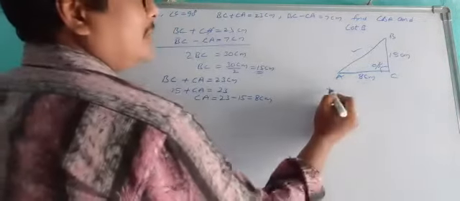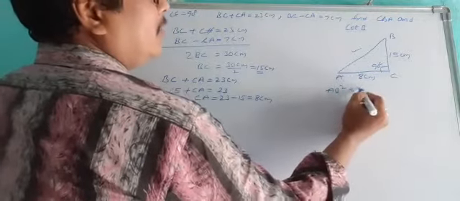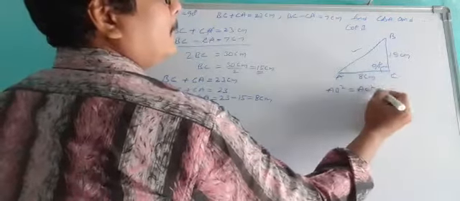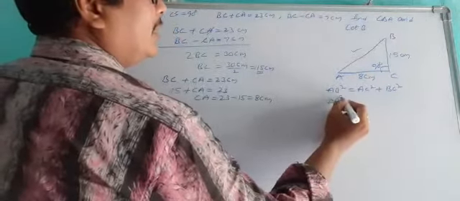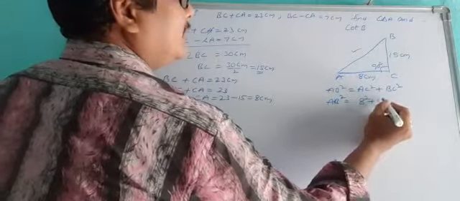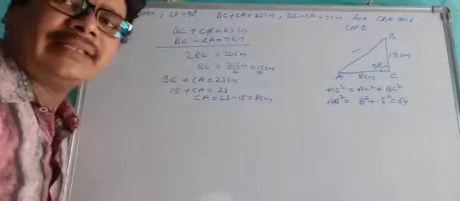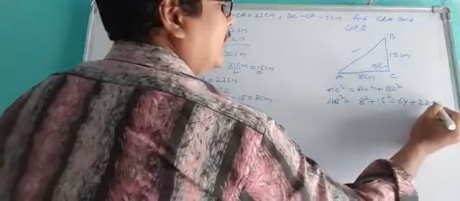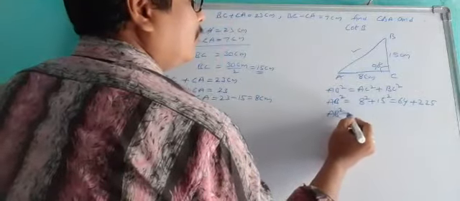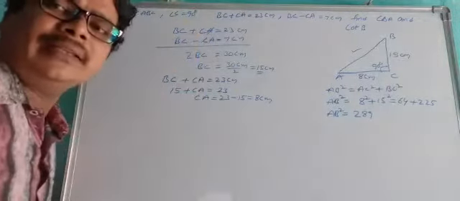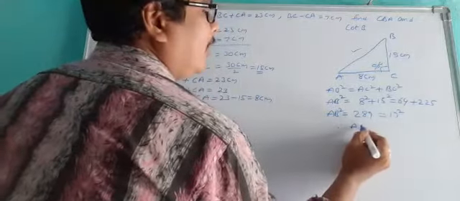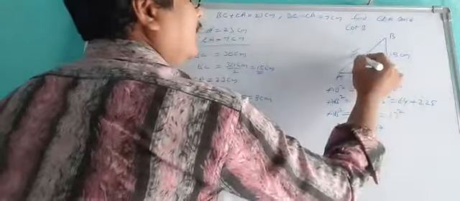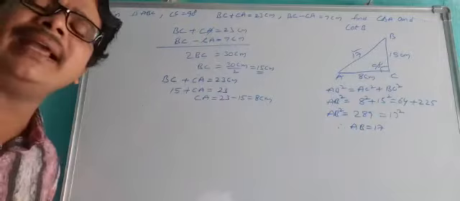Okay, now we have to find its hypotenuse. By Pythagoras theorem, hypotenuse square equal to side square plus another side square. So AB square equal to 8 square plus 15 square. 8 square, 8 8s are 64, and 15 square 225. So AB square equal to 289. 289 is also a perfect square, 17 square. So therefore AB equal to 17. Okay, we found all the values of the right angle triangle.